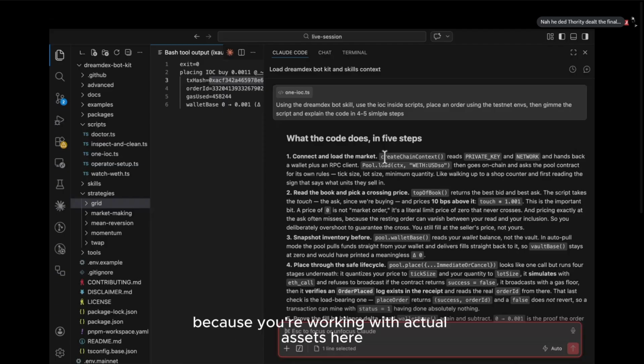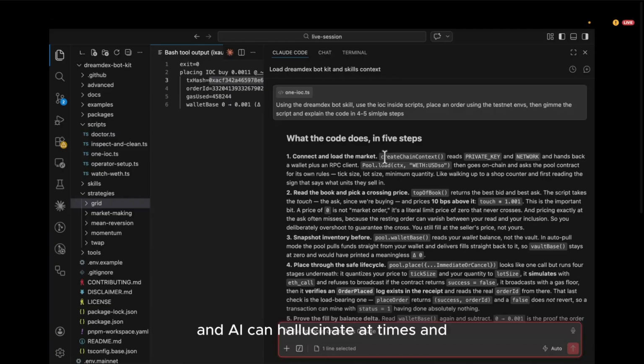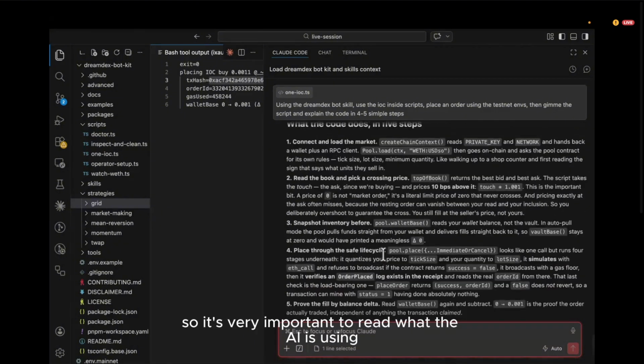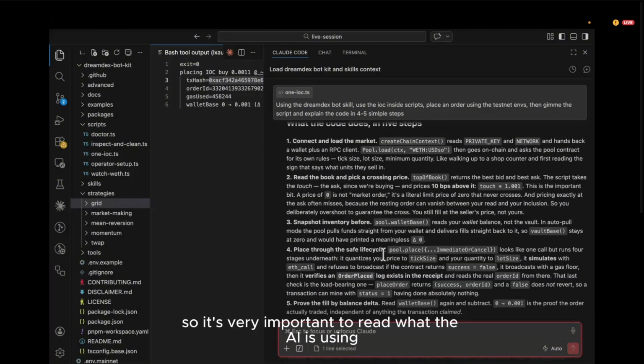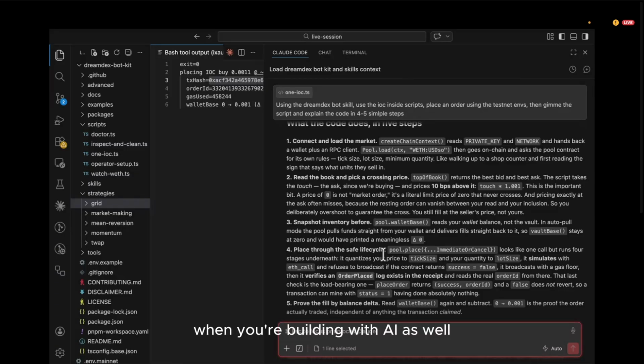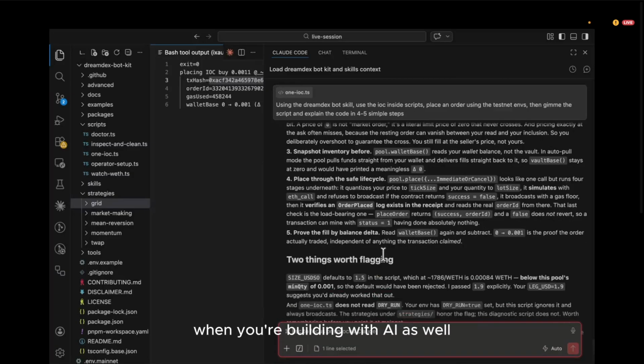As I said, because you're working with actual assets here, and AI can hallucinate at times, there are instances where if you don't check what the AI is doing, you can fall into a very bad trap. So it's very important to read what the AI is using, how it's placing the order, what script it's running, how it's loading the env, to keep asking all those things when you're building with AI as well.